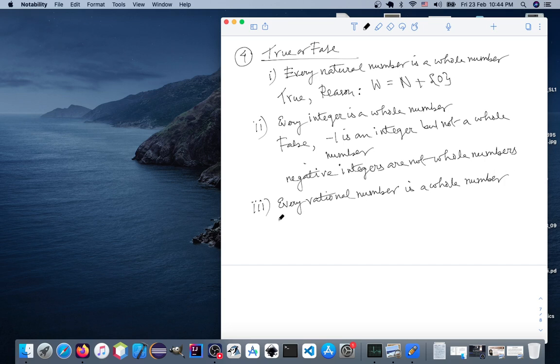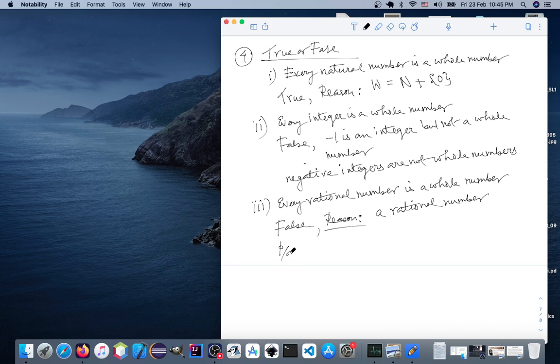This is false. The reason is every rational number